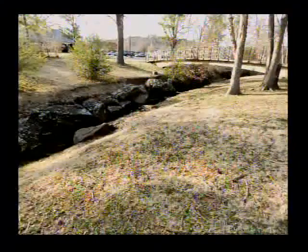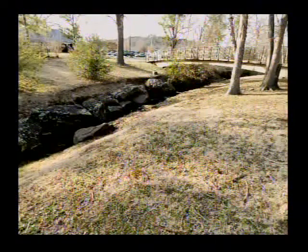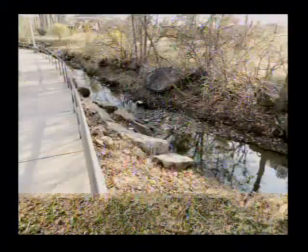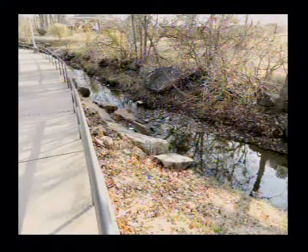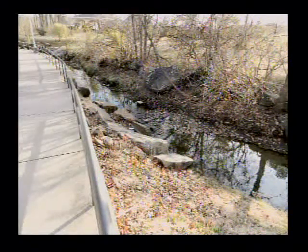And about 3 years ago, when people were working on the streamside ordinance, this whole area through here was used as a bad example of how to manage your streamside. Notice the boulders that are in there have been moved and placed and brought in and so forth over the years, and the erosion occurs all around them because this little bit of trail running through there is actually underwater